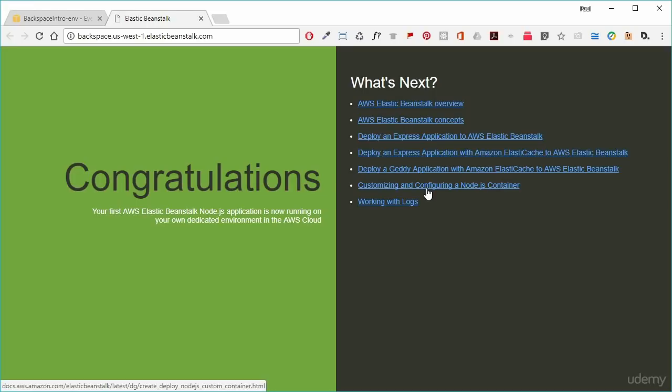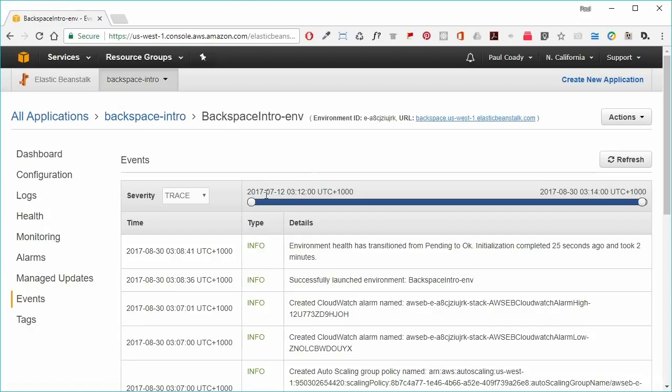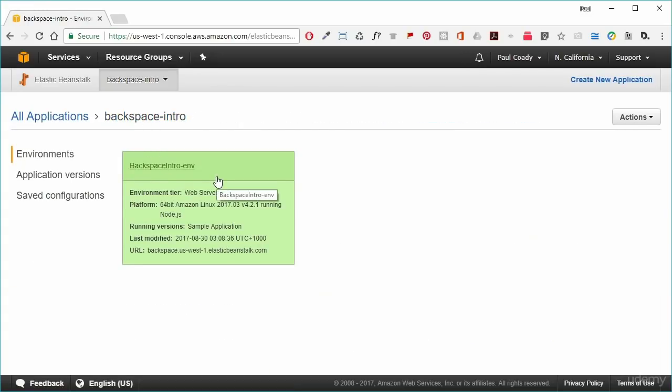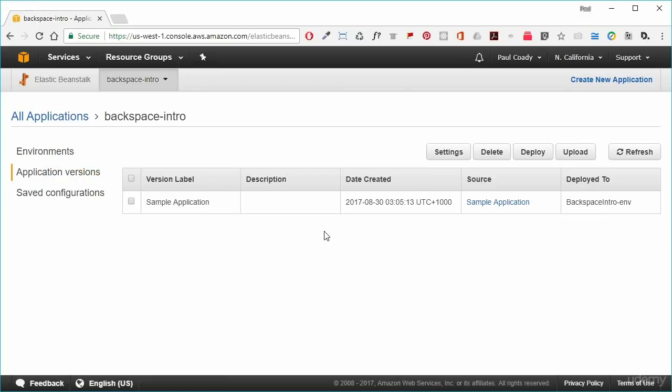So what we're going to do is download this application, and we're just going to change it a bit. We're just going to change the color on the side here so we can see that the new version has come across. So it's jumping back into the console again. If we go back to our application, backspace-intro, and then go to application versions, we can see here that our sample application has been deployed. So if we click on that,